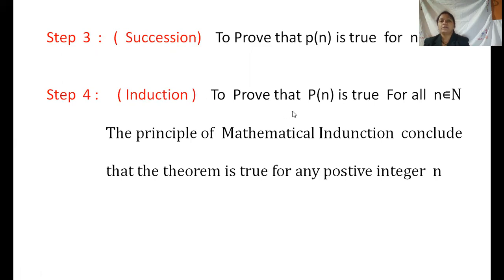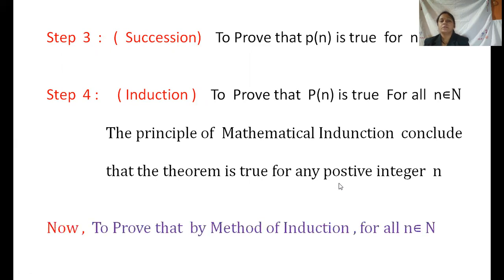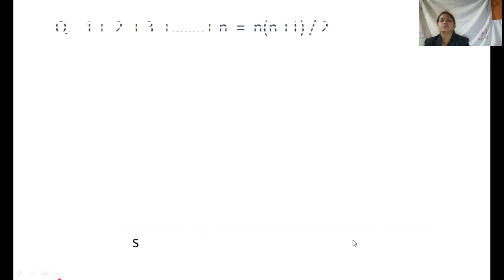To prove that Pn is true for all n belongs to natural number, the principle of mathematical induction concludes that the theorem is true for any positive integer. Now we will see some examples by the method of induction for all n belongs to natural number. So first example,